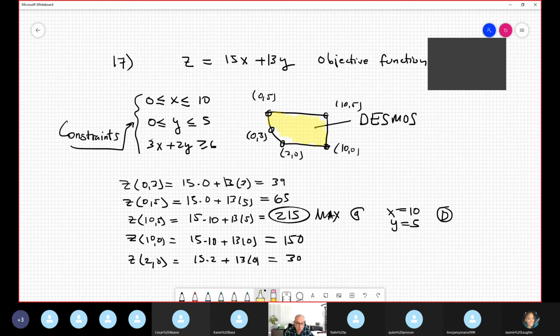And the objective function is just a line, because it's linear programming. And the line is represented by the line. And when this line varies,